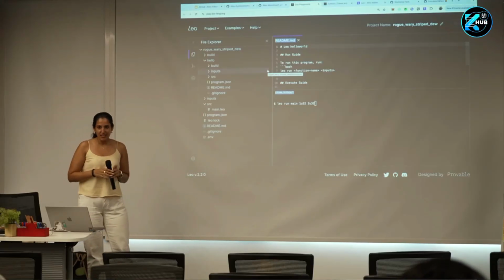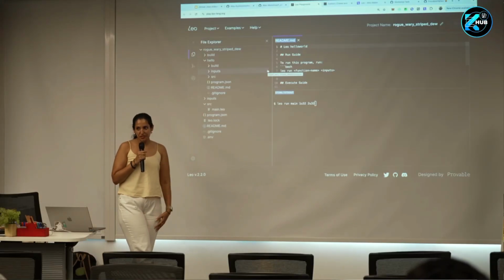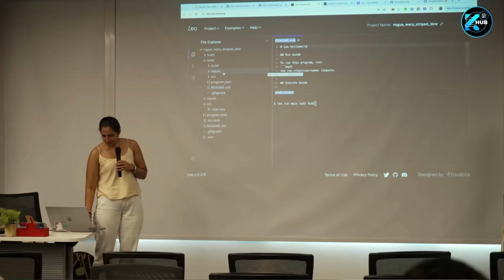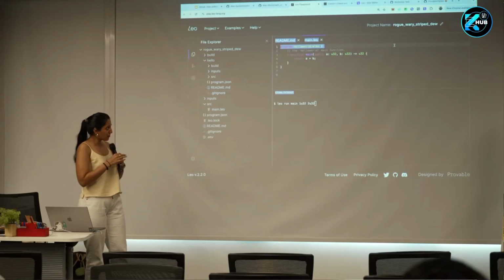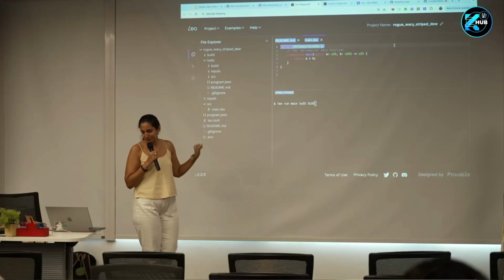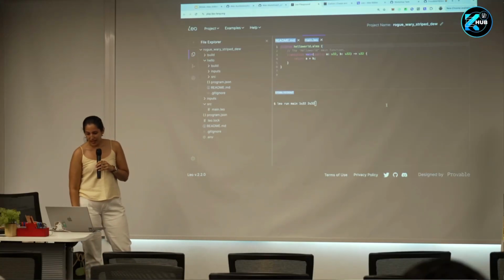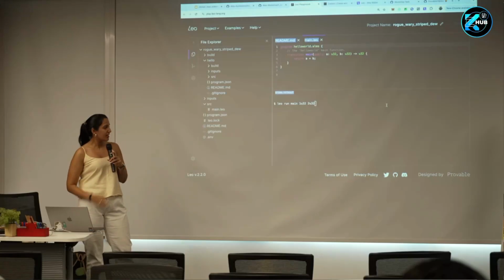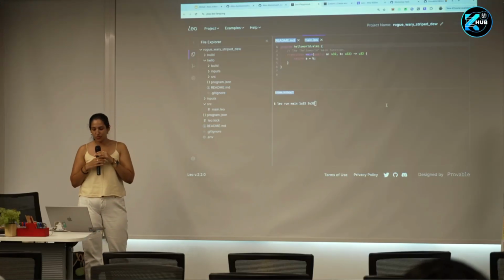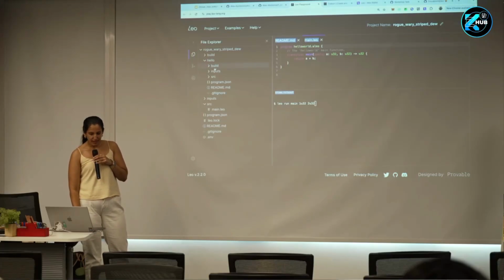So there are two commands which are really important in Leo. One is to build your program, because if you look at the code, this is a bunch of high-level instructions, which I understand, but my compiler doesn't. So when I run Leo build, it actually does the build, it generates the instructions which are then passed to the virtual machine. So if I go to the source and look at this file,